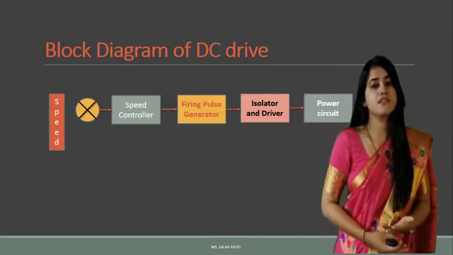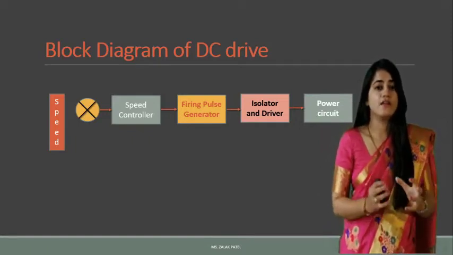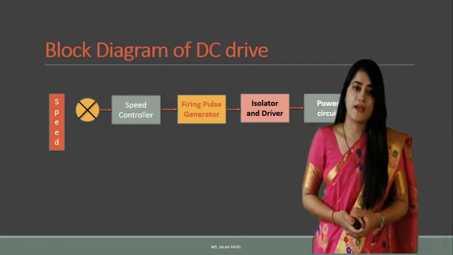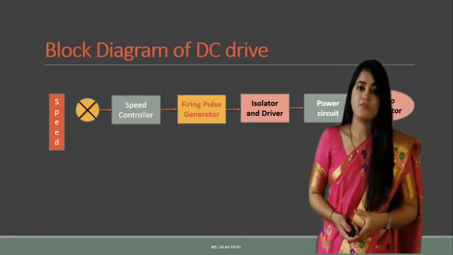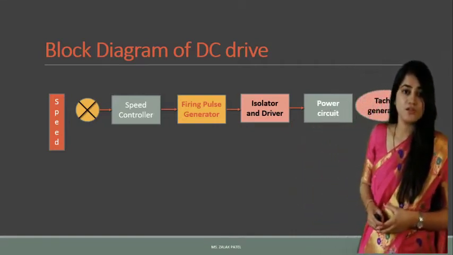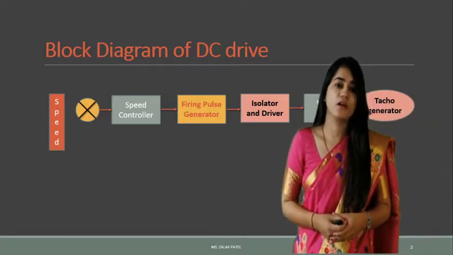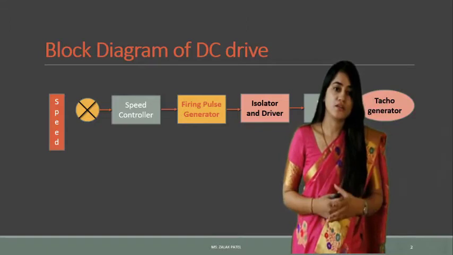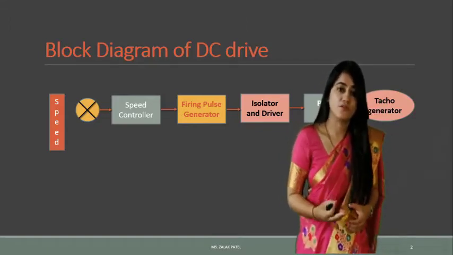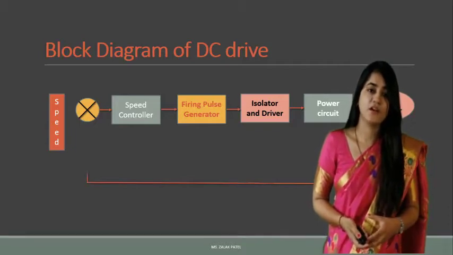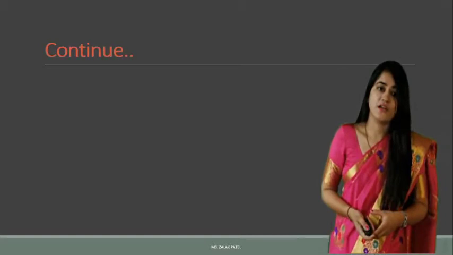The power circuit saves the supply power and tries to minimize the required power level in the original circuit diagram. Next, it is given to the tacho generator also. Here we will discuss the function of the tacho generator, the isolator circuit and the firing generator. The role of each part will be seen in the next slide. Here the feedback path is provided to get better reliability of the circuit.